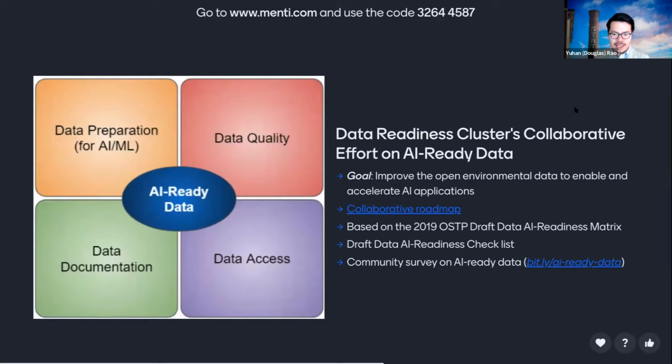Based on this, we drafted a checklist that you can find in the note document later. We are using this draft checklist to develop a community survey on the AI ready data, which is still open. You can use the bit link bit.ly/AI-ready-data. The survey is open until the end of this month. We will derive the final results after its closure. But with that, I would like to invite Tyler to share preliminary results we got, with more than 90 responses on this AI ready data survey.